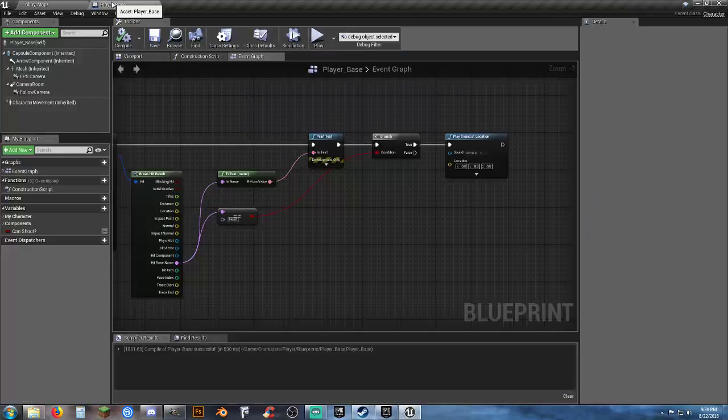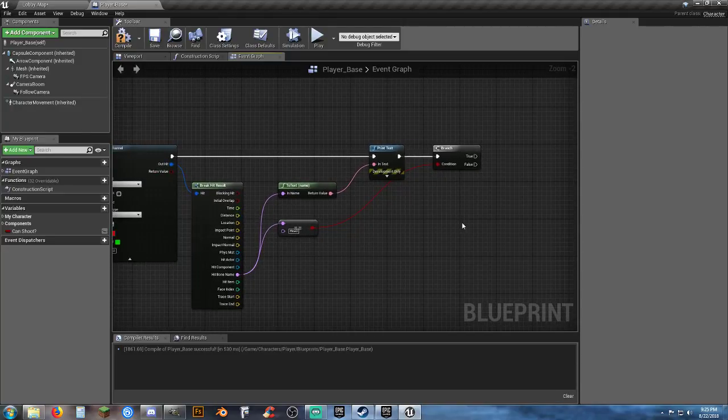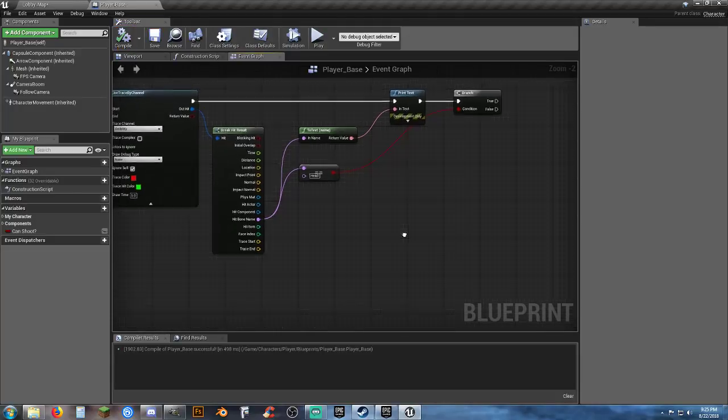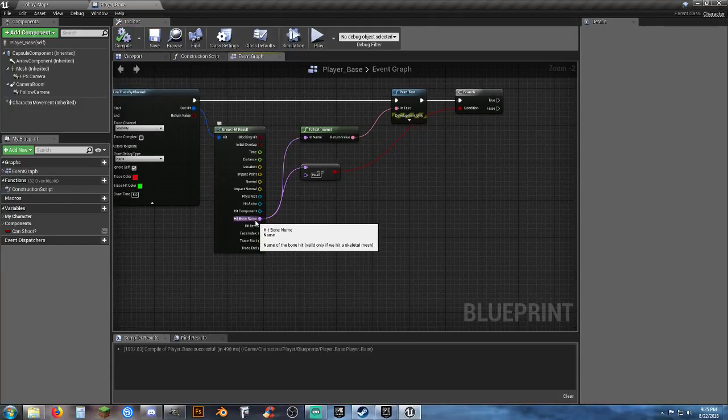So we can sit there and trigger that. Whether that trigger is also triggering physics, like you can have your target ragdoll whenever you hit them in the head or you hit them in the chest. You can tell it to start the death procedure or whatever you want. Anything you put after this, like bone name, if you use a specific bone name like head or spine 01 or whatever the spelling is,